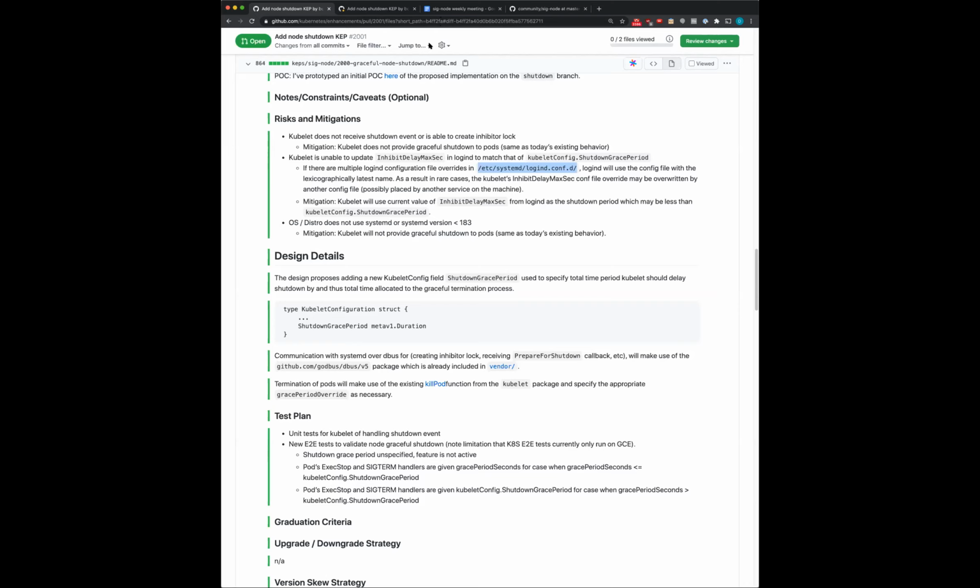Sure. It seems like there's a couple of things that could be done. When the kubelet detects it is shutting down, it could coordinate itself and set it to drain, and it should automatically clean up all the pods off it at that point. But the other thing would be to go ahead and set a node condition that marks it as not ready. That's about all I can think of.